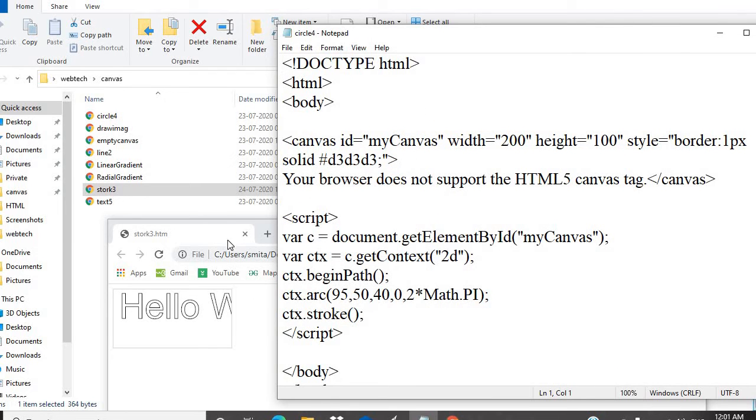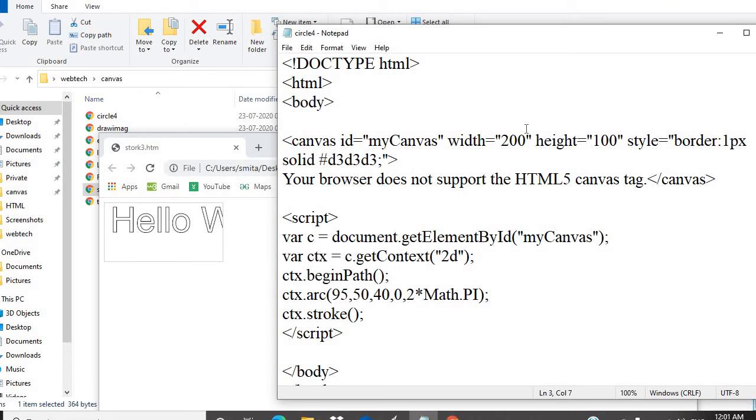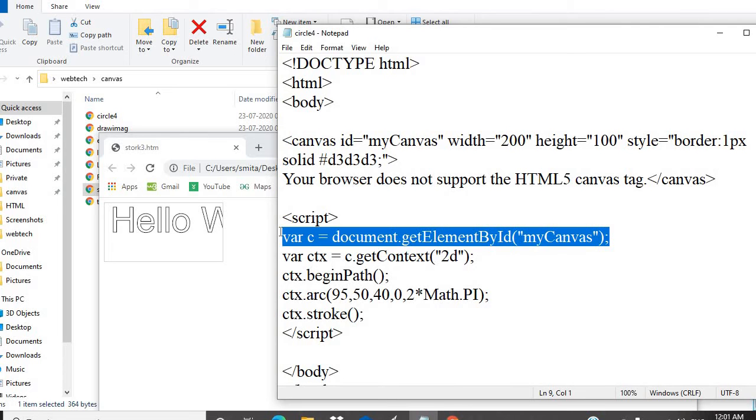Next one is a circle. Now instead of a rectangle shape I want to draw a circle. That is also possible. Same procedure. First of all we have to create our canvas and call that element through the getElementById function.